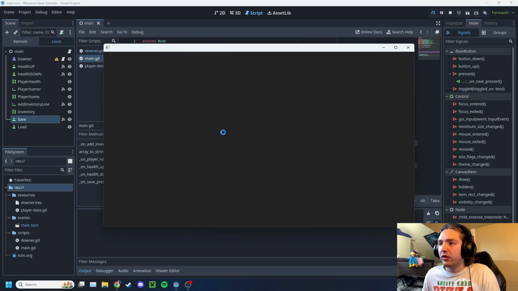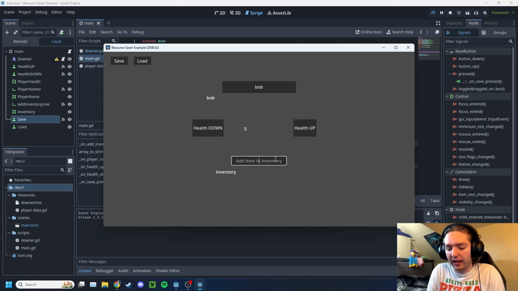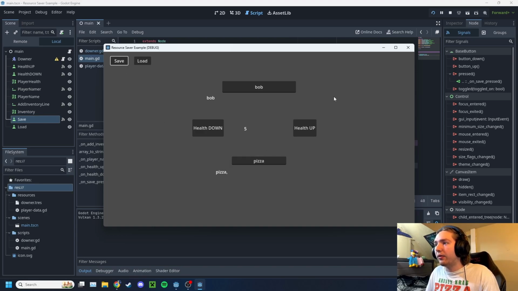Alright, so let's test that out real quick. We once again want Bob to be saved. We want the health this time to be 5. He's doing pretty good today. He lost his keys, but he did buy a pizza. Let's save that information. Now, we don't have the load function, so if I change these to be gibberish nonsense,